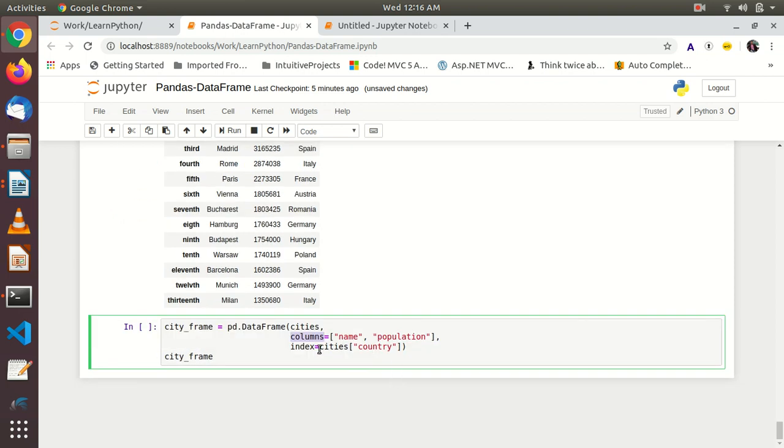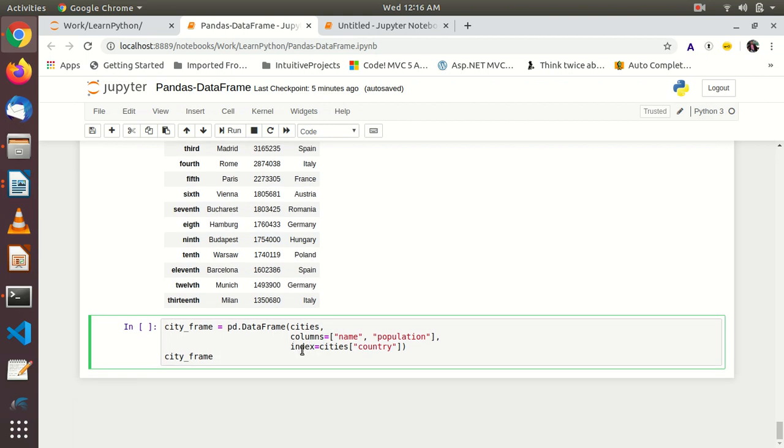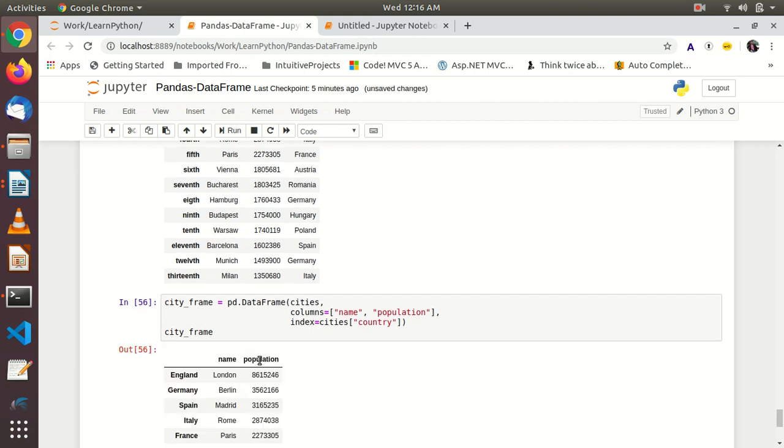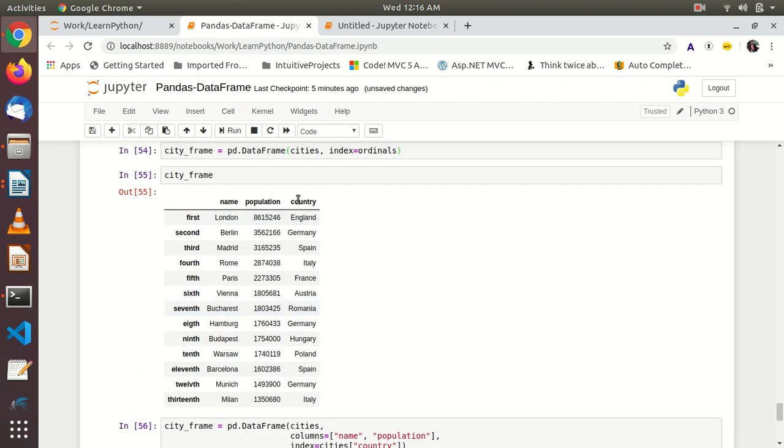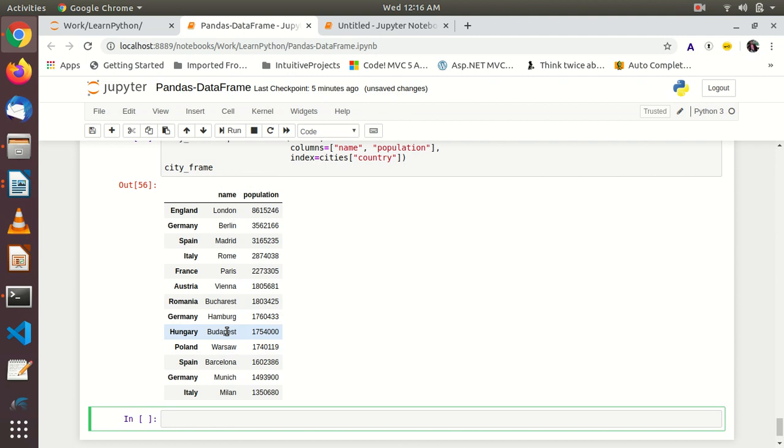We want this index to be from the existing columns. Let's say I want the index to be displayed as country. For that, index equals cities of country. Now see, we have only two columns and country has become the index. Okay,